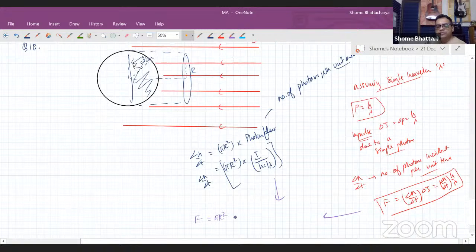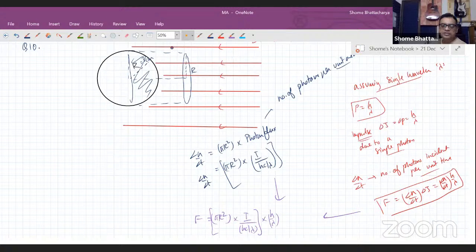projected area of the hemisphere, which is pi r square, into photon flux. So that is the number of photons hitting per second into the momentum of each photon, which is h by lambda. Interestingly, h by lambda cancels out. So that means if I assume monochromatic light, it is independent of the wavelength. So even if I assume multichromatic light,